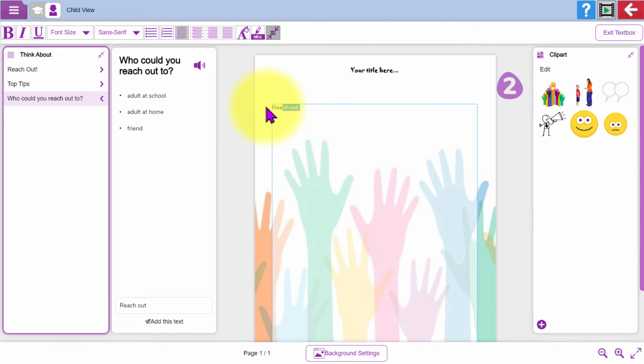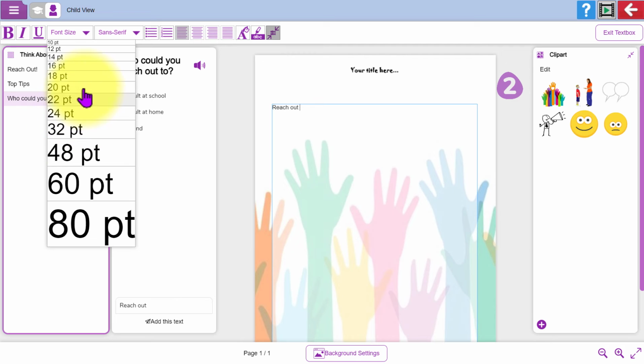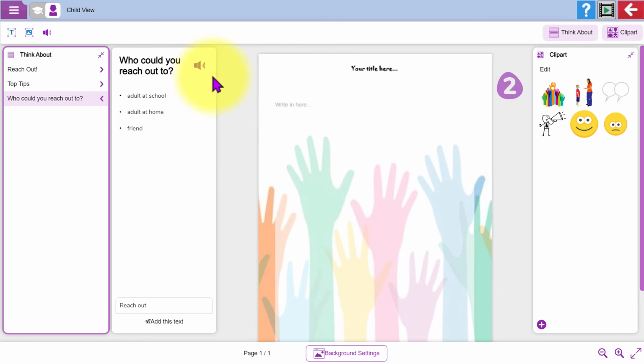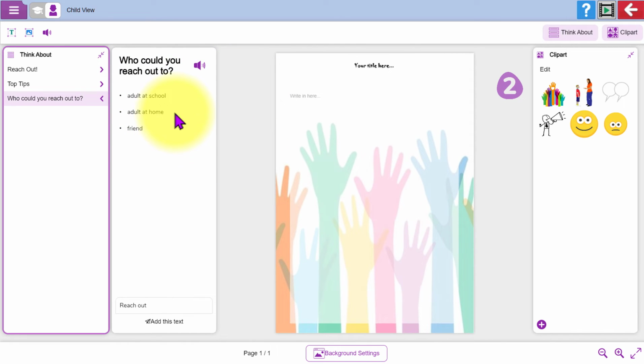Children can, if they want to, change the font that they're working in. So by going up here, they can alter the font size. They might want to make their writing bigger so it can be seen on the wall, perhaps, and so on. Other things that you can do. So you can certainly customize this, but there are other things that you can add to this to make it